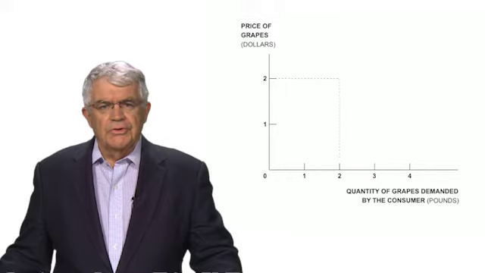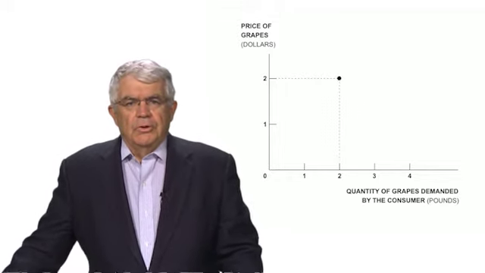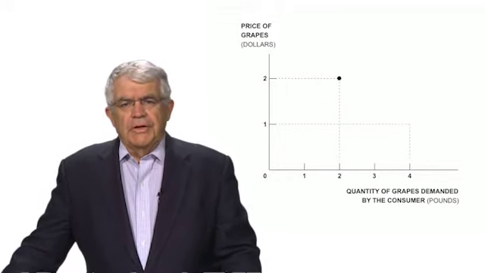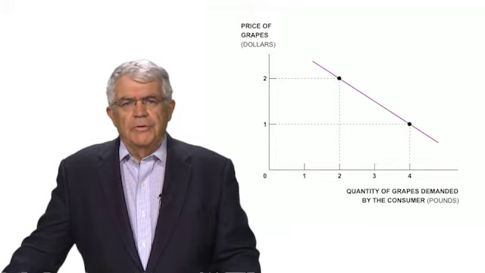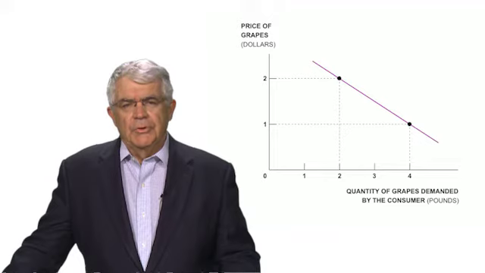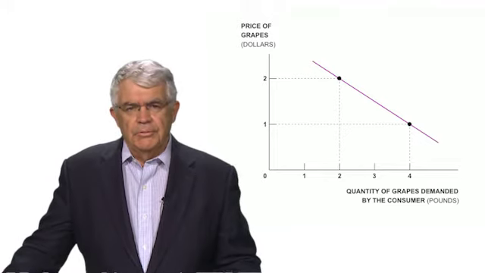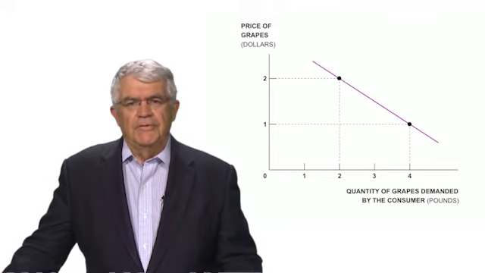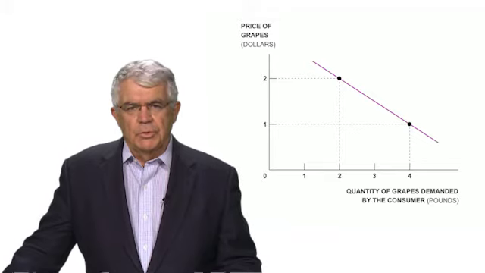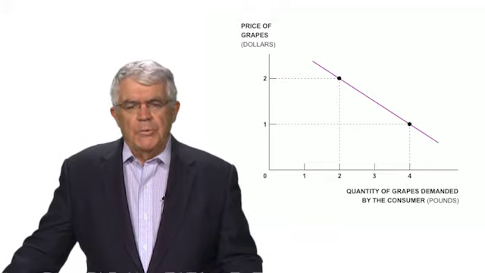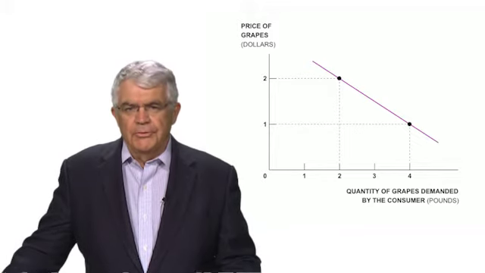So that's what this does now. You take the price on the vertical axis and the quantity demanded on the horizontal axis. And the points we're plotting now are the ones that we just got from that maximization of utility problem. So again, to repeat, we found that when the price of grapes is $1, which is marked on the vertical axis as 1, the quantity demanded of grapes was 4 pounds, and that's shown in the horizontal axis, and that's